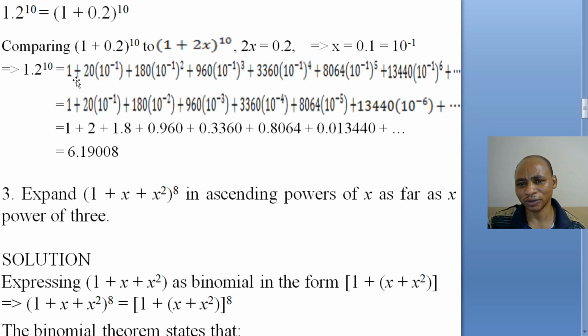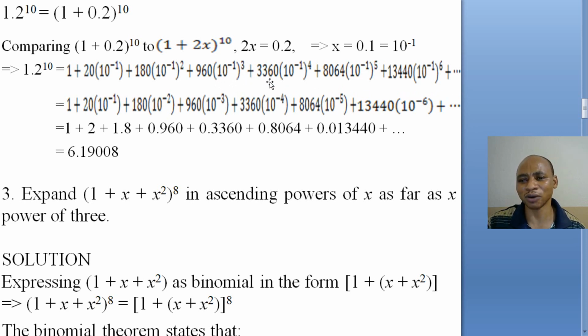So, we will get 1 plus 20 times 10 raised to the power negative 1 plus 180 times 10 raised to the power negative 1 all raised to the power 2 plus 960 times 10 raised to the power negative 1 all raised to the power 3